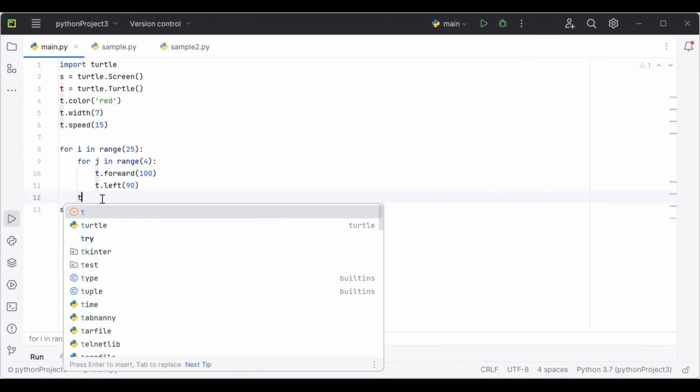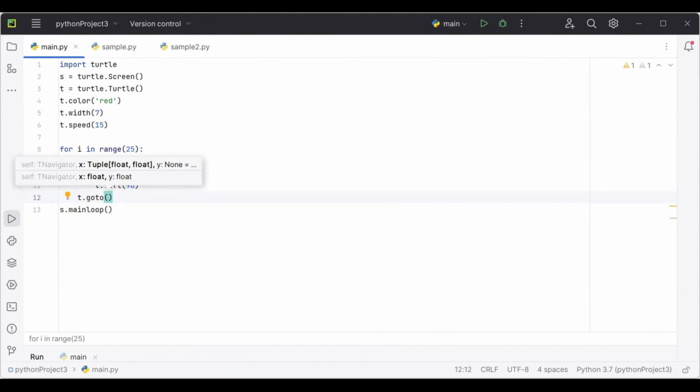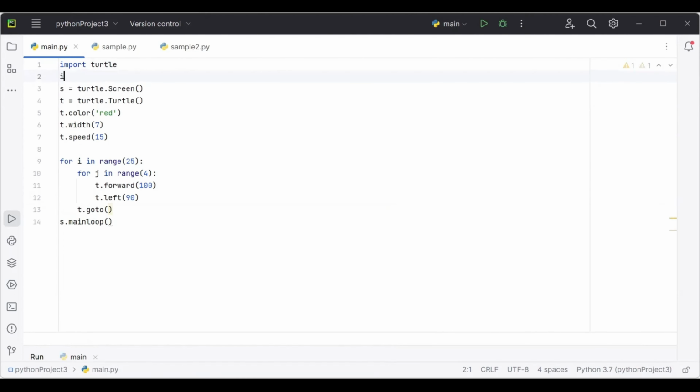So if we want to make it go to a random position, what we can do is use t dot goto. Goto is to make it go to a different position. You have to specify the numbers here. So what I'm going to do is first import random, because if you want to generate random numbers, we need to first import random. So inside this goto,